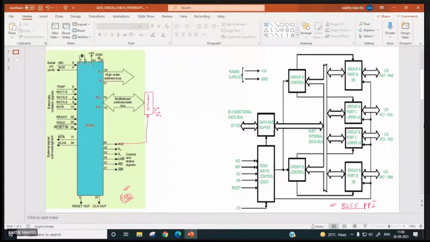A1, A2, like this. Then we will have A3 also, A4, A5, A6 and A7, right? And A8 to A15 is going to come from here, A15, right? Now this A0, A1 will be connected to these two pins,